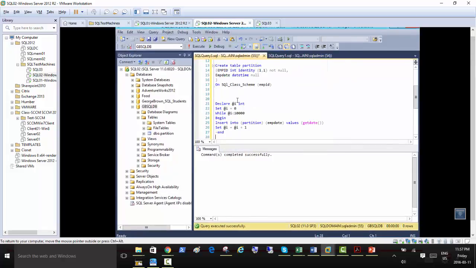I had to practice this first in another database, and there were lots of errors, so hopefully they don't repeat here. So it's going to create lots of rows for us to check if the data that was there in the rows is divided into partitions or not.